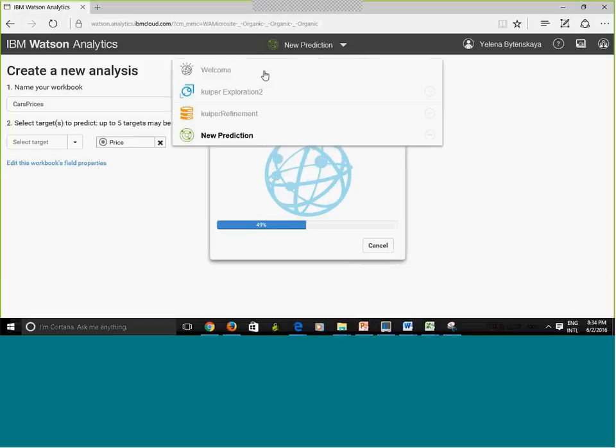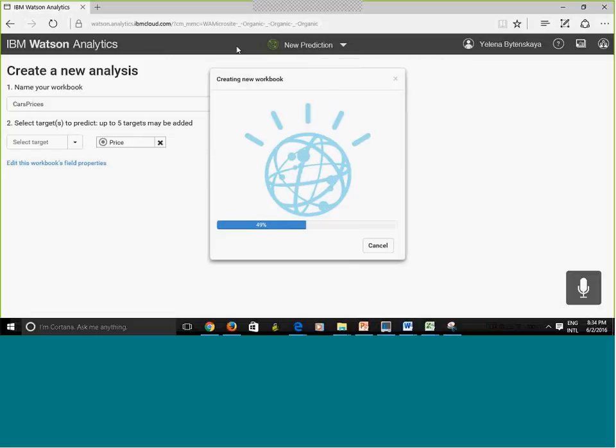What I could also do is open another existing prediction if it takes so long. But another thing that you could do is edit workbook, and you can exclude some fields from your prediction. Or you could also see this, notice that you can have up to 5 targets, right?